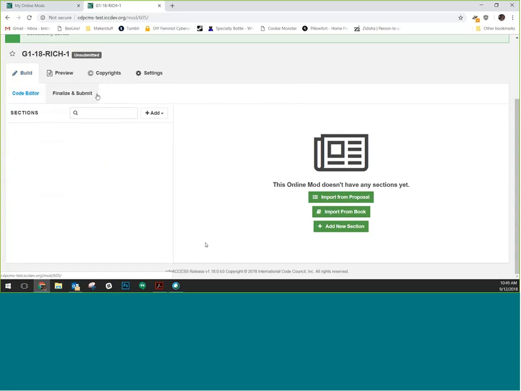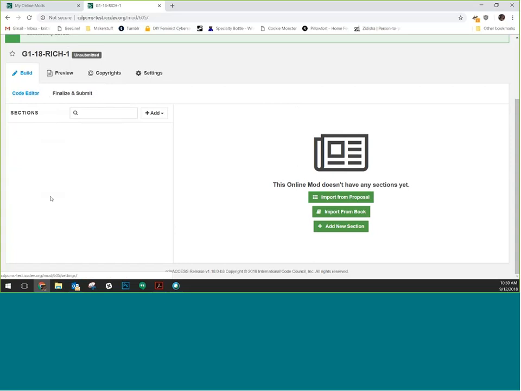It's only got 2 items in it. We've got the Preview. I have my copyright, and I have settings. There's no collaboration for online modifications. The idea is you're here, you're at the hearings, you're all in one big room. If you do want to collaborate, find each other, talk a little bit, rather than doing it all digitally, and that streamlines the process just to make sure that you can get it submitted in time for the committee to